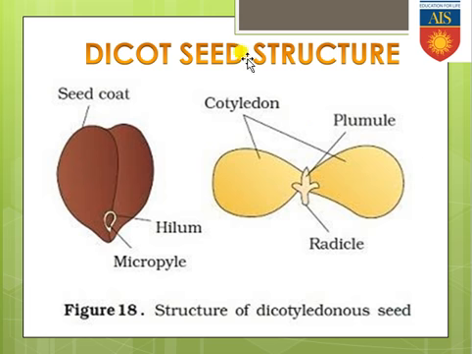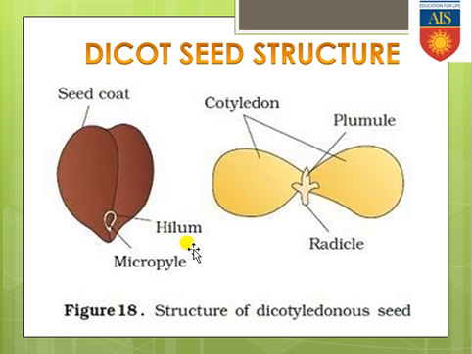Now we are seeing the structure of the dicot seed very clearly. These are the two cotyledons present in the dicot seed. This is the embryonal axis. Upper portion is known as plumule, lower portion is known as radicle. Plumule has no covering, radicle has also no covering, as we have studied in the dicot embryo structure. These are the two halves present in joint condition in case of dicot seed, and in the lower portion you can see the aperture, that is micropyle, and there is a groove where the funicle is attached, that is commonly known as hilum. So this is overall the structure of the dicot seed.